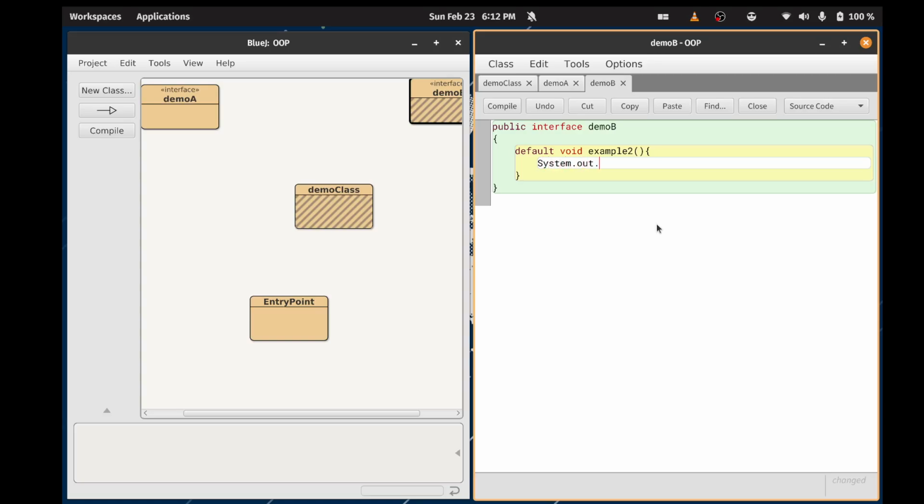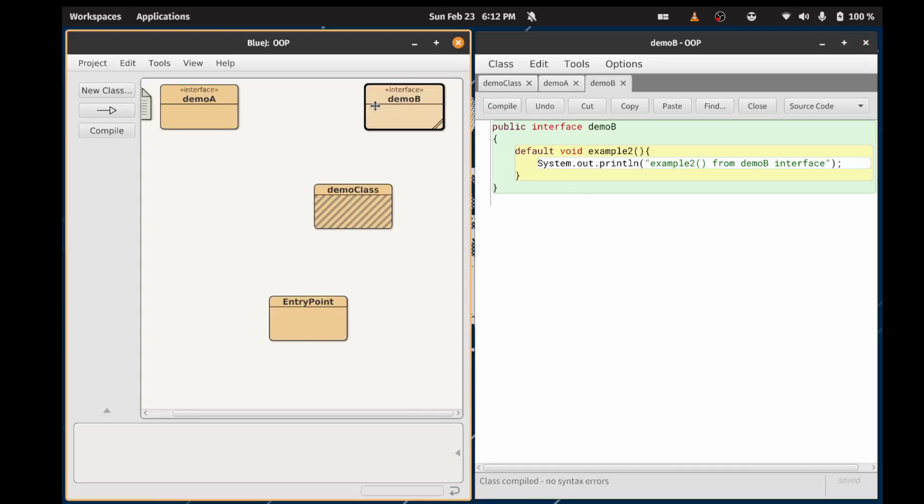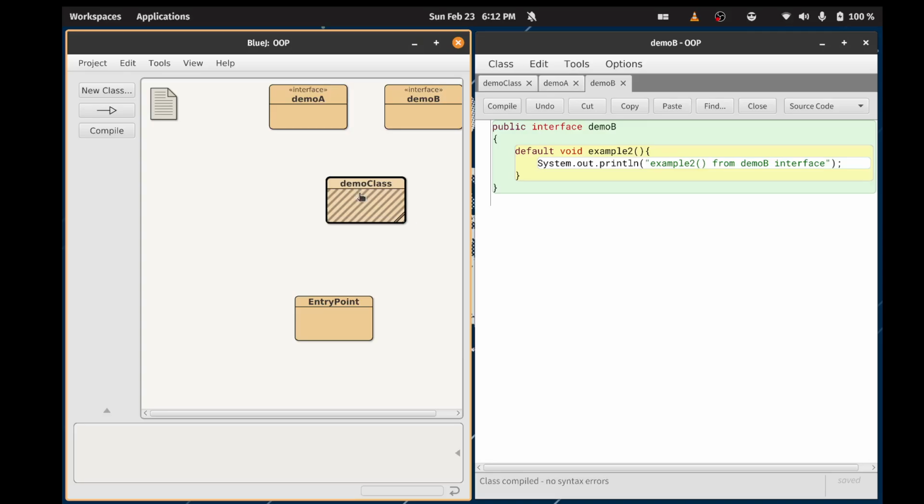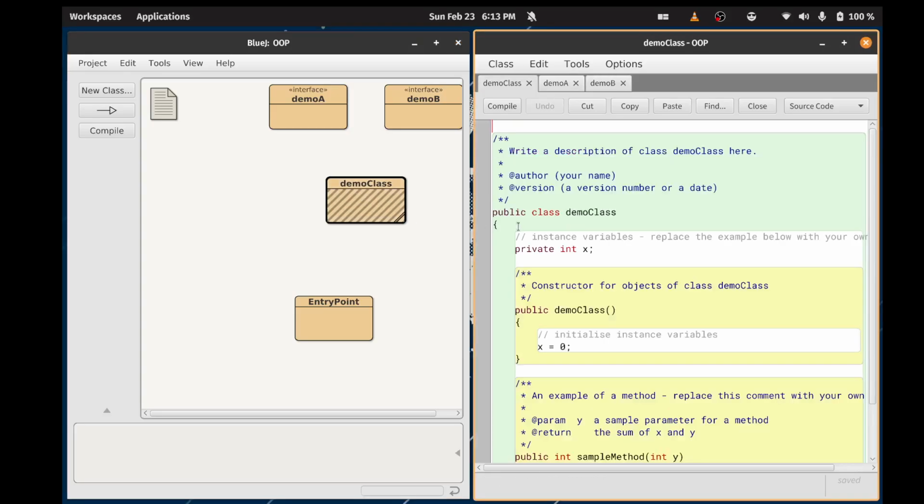system.out.println example 2 from demo B interface. Okay, compile this, we're done. Let's bring them together over here. Okay, looks good. All right, let's go into demo class